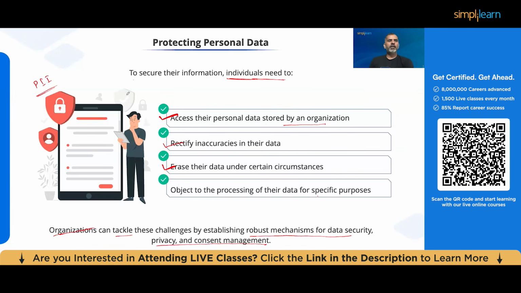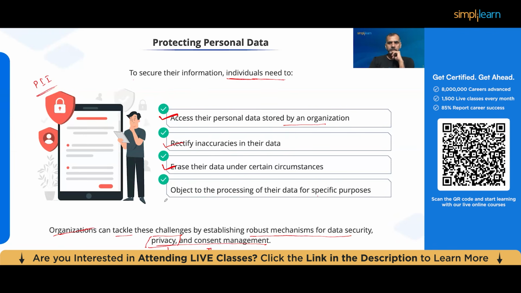So when you have collected the data, the data needs to be secure, and there should not be any unauthorized access to the data. The privacy law must be followed. You should not collect unnecessary private information of any individual. You should always collect the minimum information required. And whenever you collect that information, you have to take consent from the user as well. So consent management should also be in place, guys. To secure their information, we have to go through this.